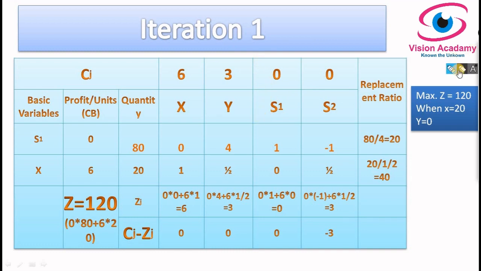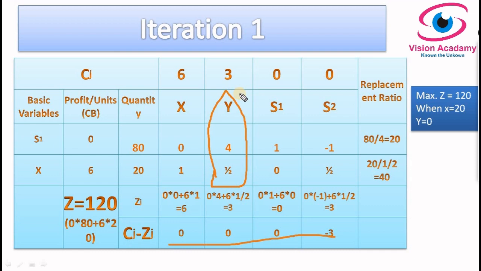So let us see how we will give multiple optimal solutions. For that we have to find the most positive value among these. Since there is no positive value, how do we consider a value for the next basic variable? Because with s1 and x we cannot give the optimality condition. Look here, 0, 0, 0 and an extreme negative value, but here we cannot take the slack variable because it was there already, and we cannot take x because it is there already. Now the untreated variable is y, so this y will be the incoming variable for the next iteration.